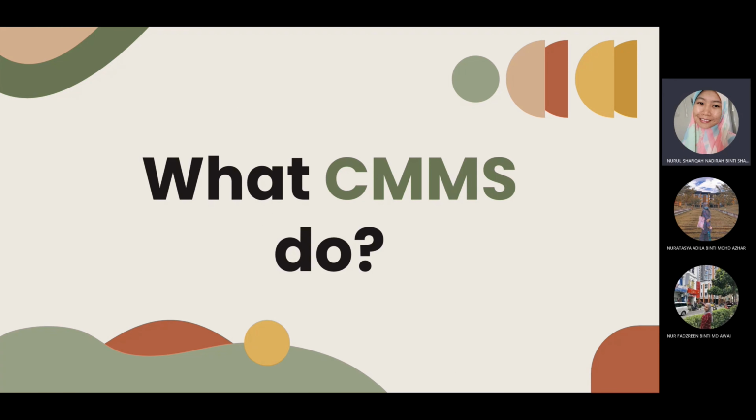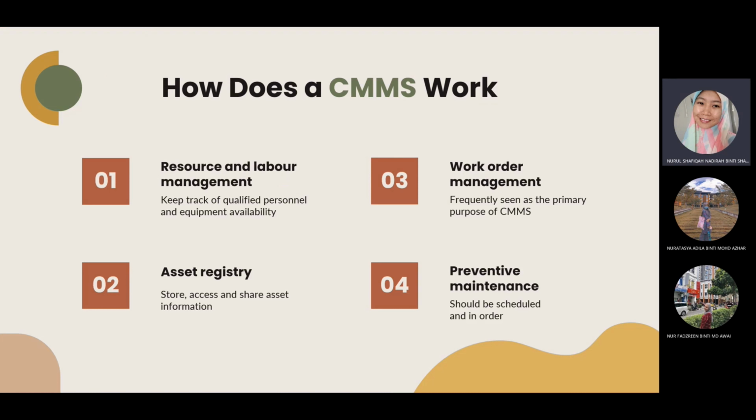So what CMMS does is, firstly, resource and labor management, where we keep track of qualified personnel and equipment availability. Second, asset registration, where we store, access, and share asset information with our members or customers. Third is work order management, frequently seen as the primary purpose of CMMS, to manage the data for ordering if there is a lack of